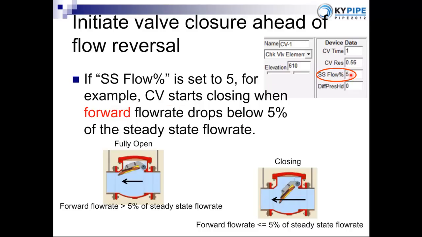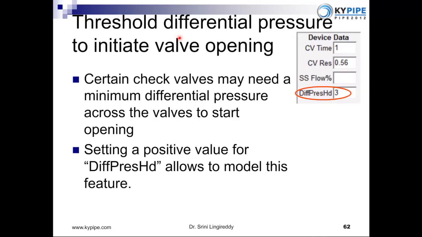So we added this feature where you can set up a steady state flow rate. For example, if you added 5 for this value, the check valve starts closing when the forward flow rate drops below 5%, not until 0. It doesn't wait until 0. Even when the flow drops to 5% of the steady state flow rate, the valve starts closing, which may be a more realistic way the check valve closes. The same way,